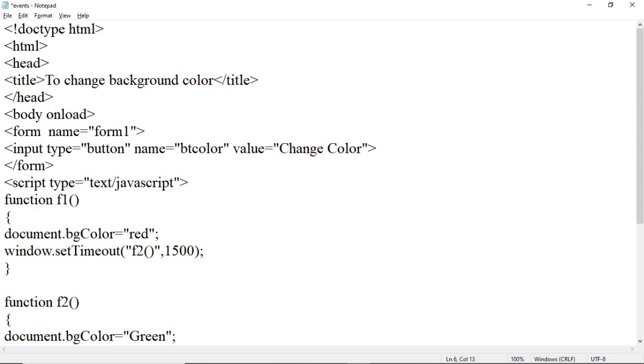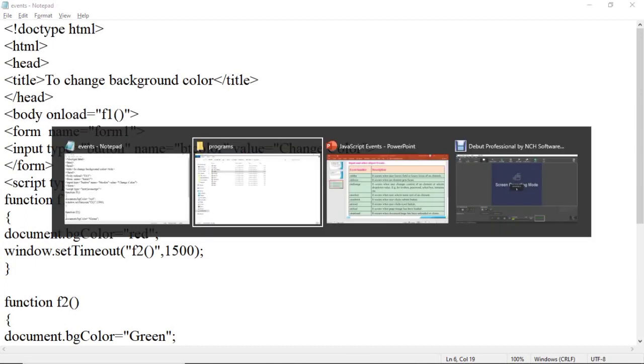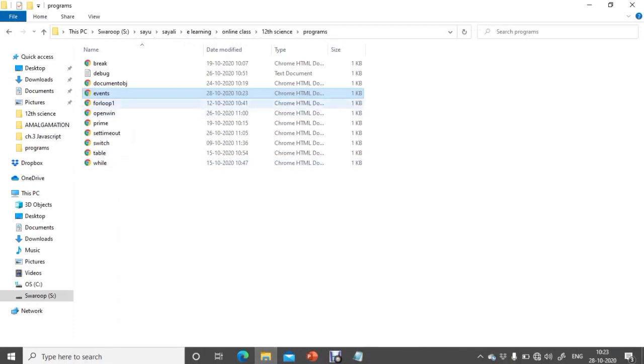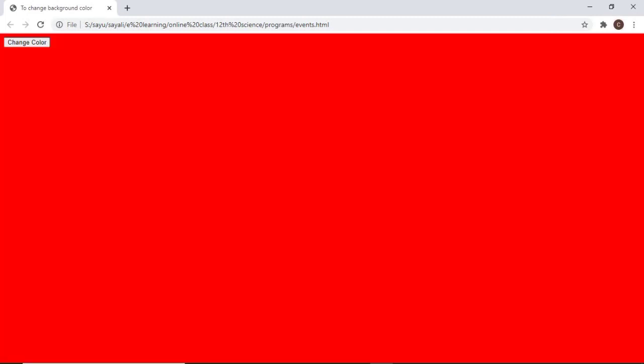So onload is equal to, in double quotes specify a function name, suppose f1. Again save the program and refresh it, then go to the programs folder and open that file. See here, the onload event has been called now. So whenever the page loads, functions will automatically start to execute.